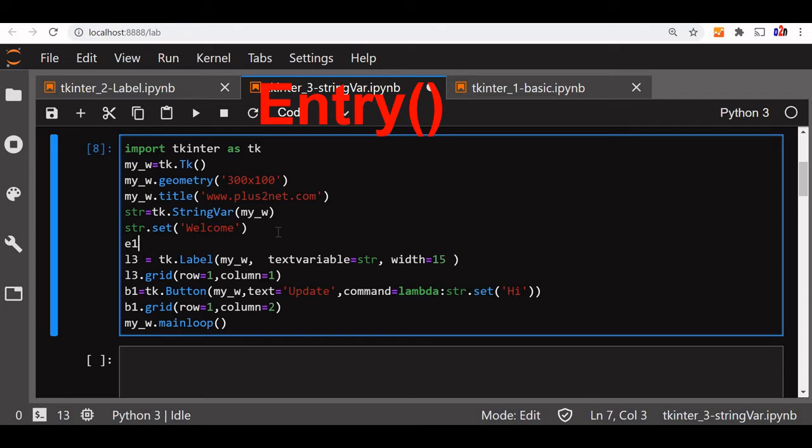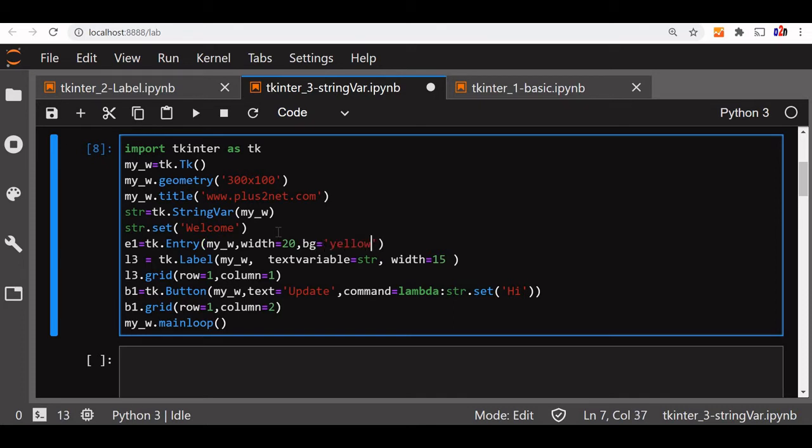Let's give that the name e1, tk dot Entry. We'll put it in the same window, my_w. Now let's give some width, 20. Then we'll give one background also, to make it look different.